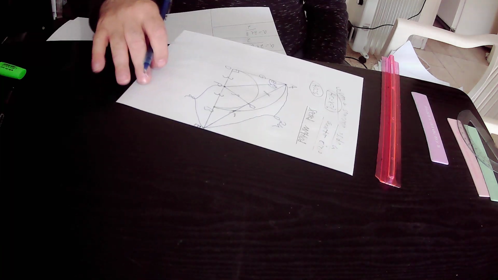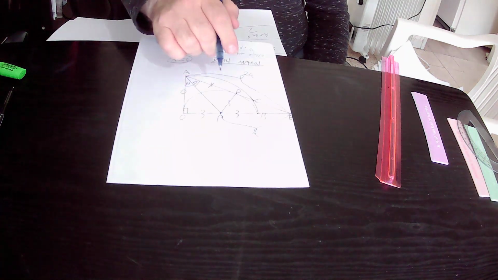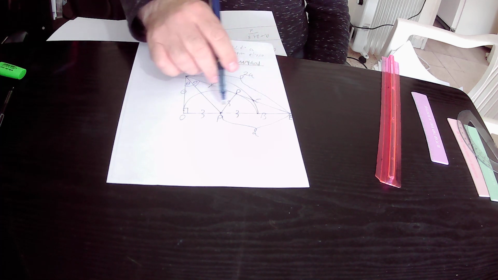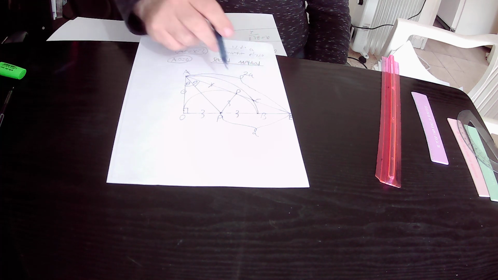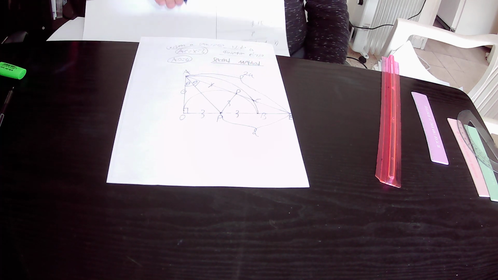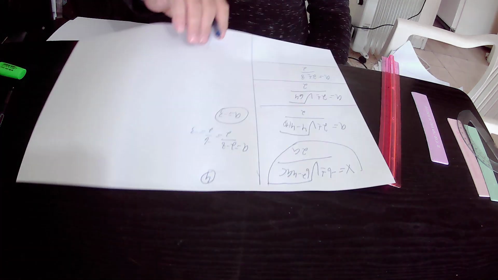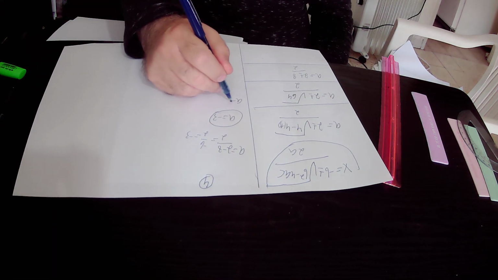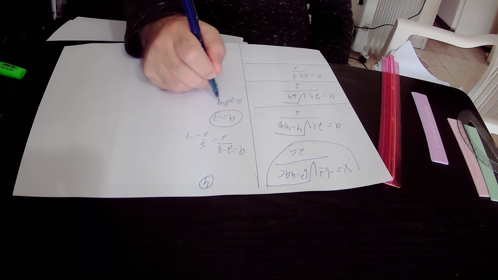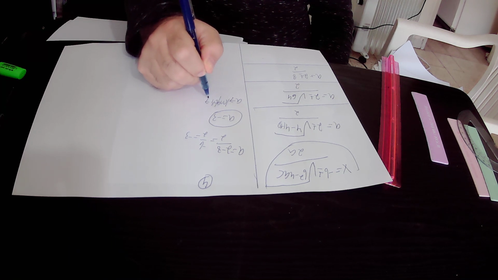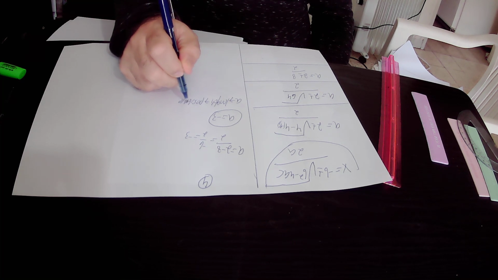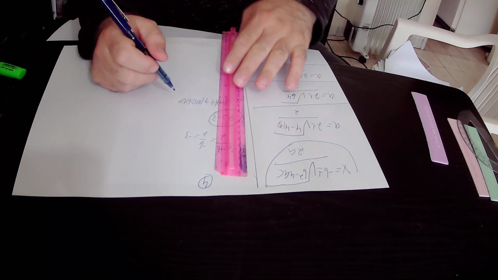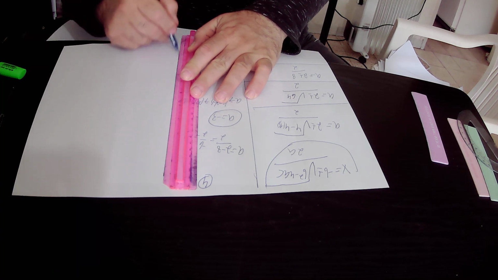But here a is the length of side PE of triangle APE, and a is a length, so it must be a positive number. So it can never be equal to minus 3, so we cancel this solution